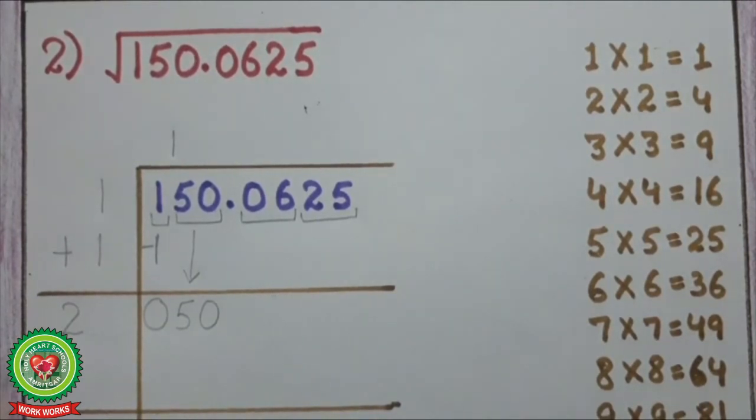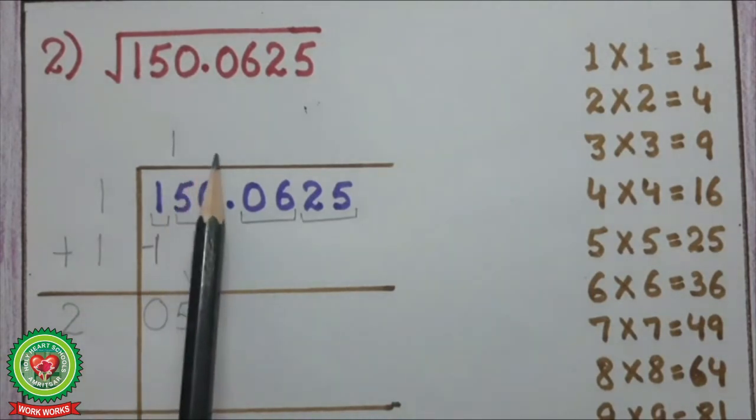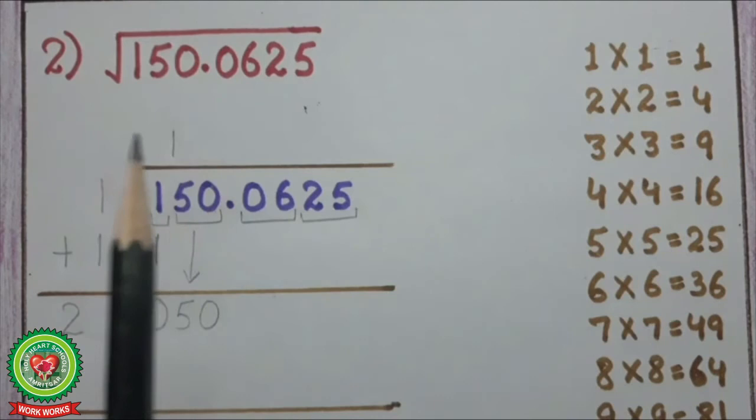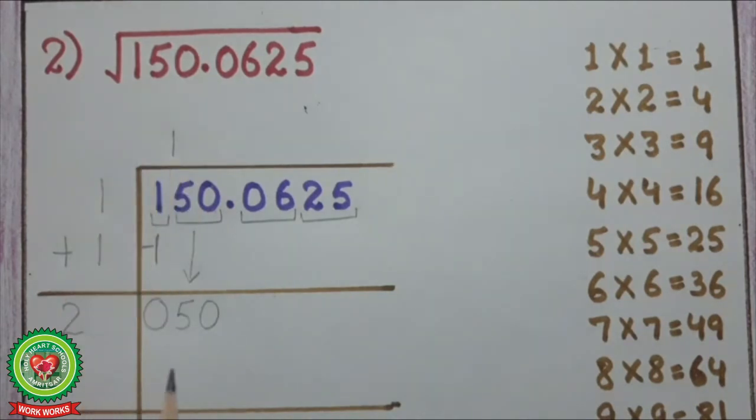Then our sixth step is to think about a digit which is to be written with the divisor as well as with the quotient, such that when the divisor and that digit get multiplied, we either get a number equal to 50 or just less than 50. Here our last digit is 0, so there is no such digit which is satisfied by the last digit. So we have to think of all the digits one by one.